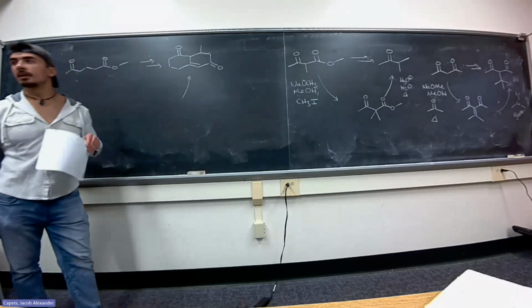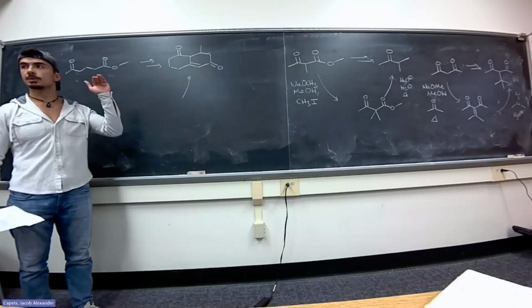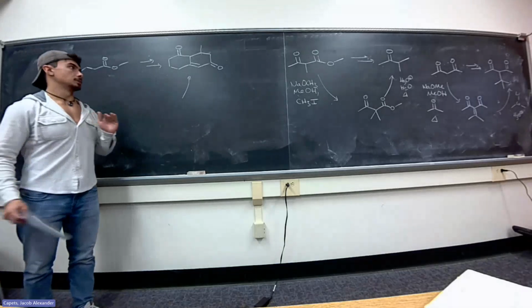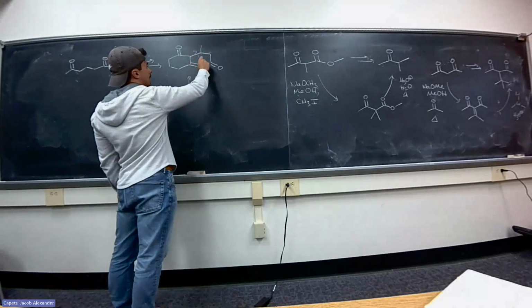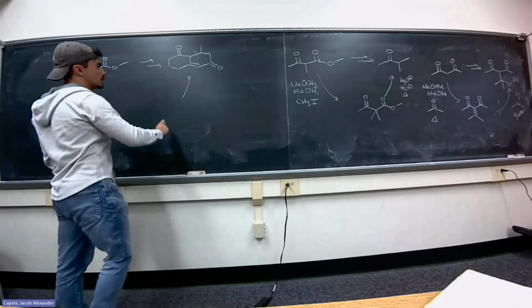Okay. Clearly a Robinson. If you have a Robinson annulation as your product, I highly recommend working backwards from that step, because then you can decompose what your Michael donor and acceptor was. So in a Michael addition, we're forming this bond and this bond, because this is where the carbonyl was. So we need to have